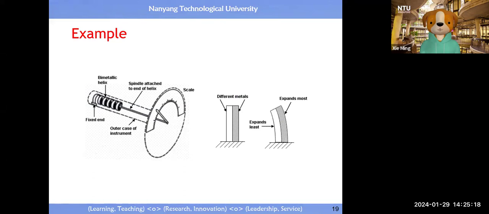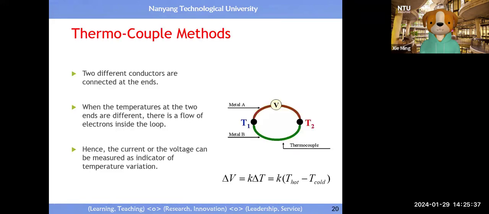Then you superimpose them together. And then in this case, due to the difference in the expansion coefficient, you will see the needle undergo angular rotation. Then use this type of motion to provide the reading about the temperature, etc. This one is also a very interesting working principle for us to follow in order to guide the design